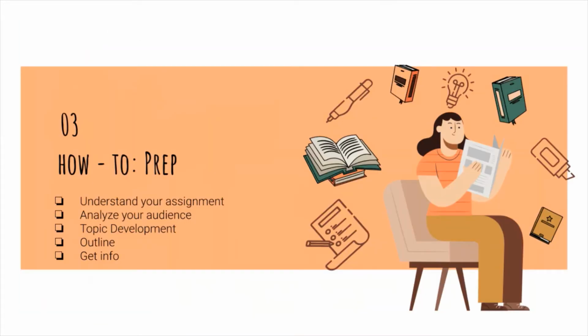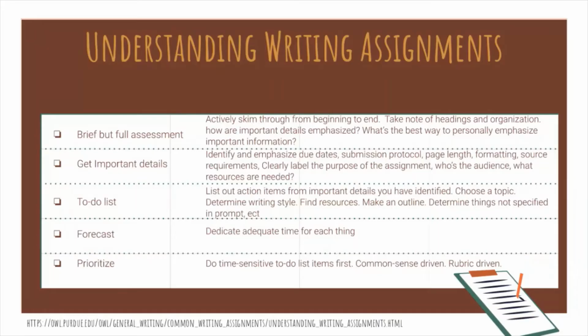So now we're going to talk about the first step, which is how do we prep? And that involves understanding your assignment, analyzing your audience, developing your topic, getting an outline, and getting that information. Okay, understanding the writing assignment. It can basically be broken down into 5 brief steps where you get a full assessment, you mark important detail,